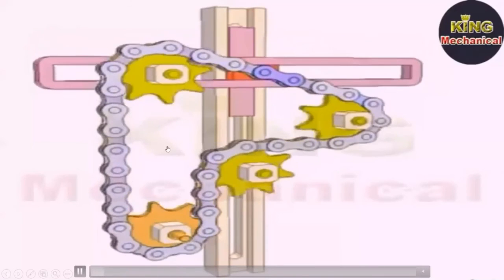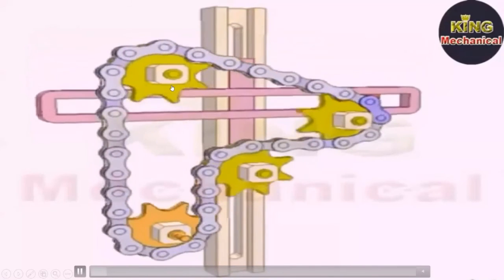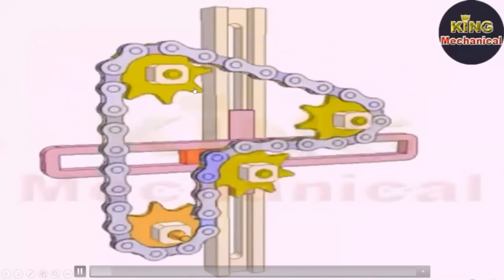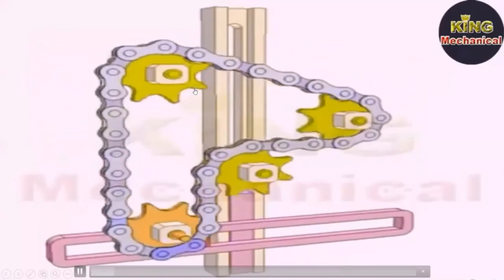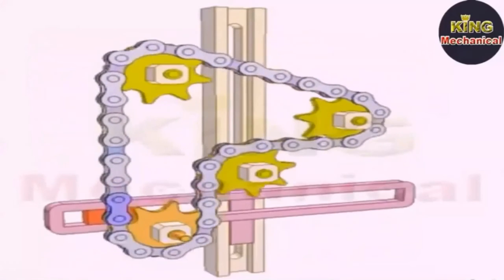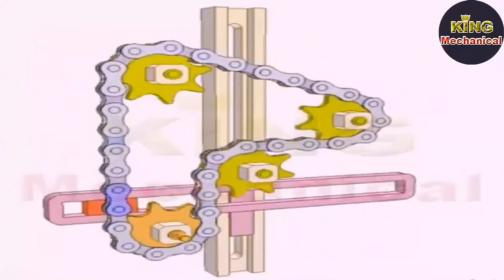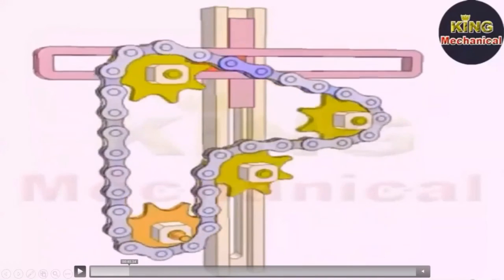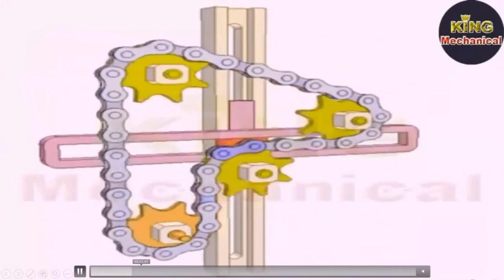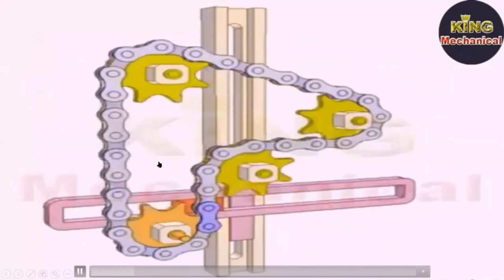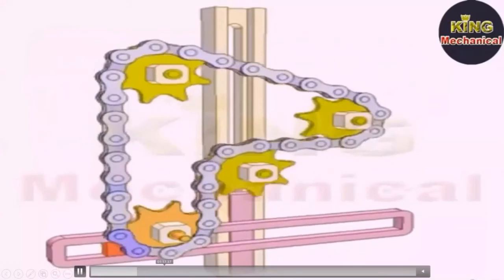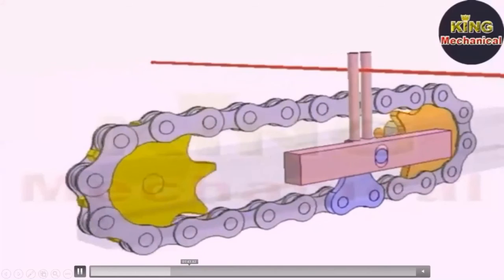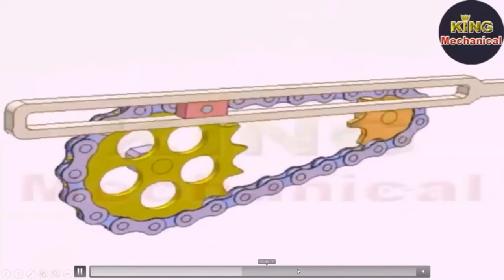Okay, this is the chain drive. These are called sprockets, sprocket wheels. Okay, this is a chain. You know, chain drive, because in every automobile, every bike, we are using chain to transmit power from the engine to the rear wheel. Okay, only chain drive is required when you want to avoid the slip. Positive drive is required where you go for chains. This is the chain drive animation.